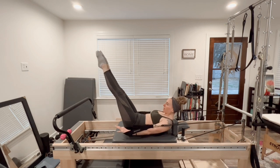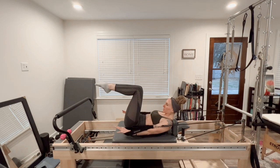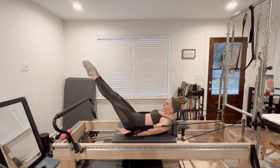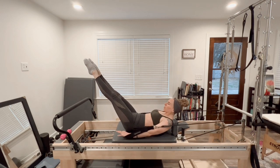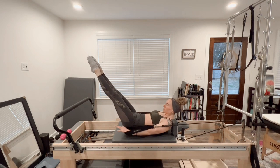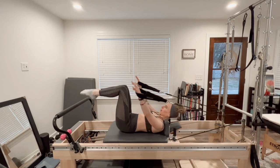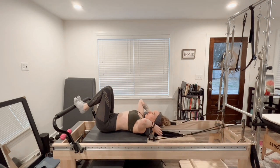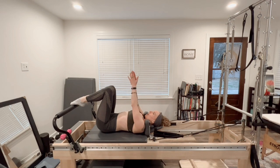If you need to modify, lift the legs a little higher or pull the knees in towards tabletop. Otherwise, keep that heel connection like you're wrapping a corkscrew around your legs. 4 more, 2, 3, 4, 5, out, 2, 3, 4, 5, in, out, in, last one out, lift the arms, lower the head, drop the feet, and bring those straps back onto the